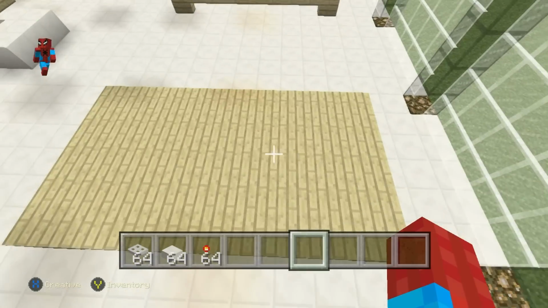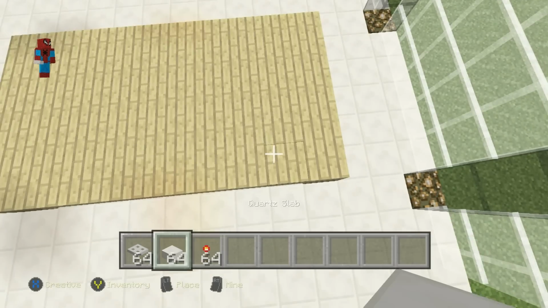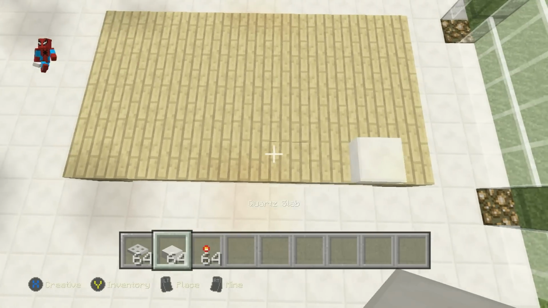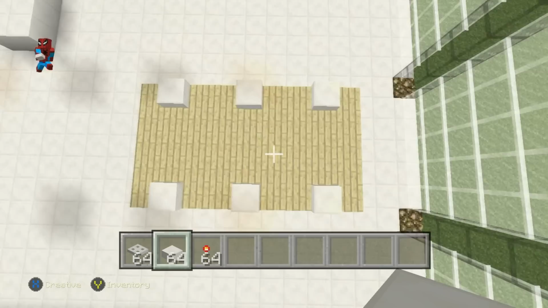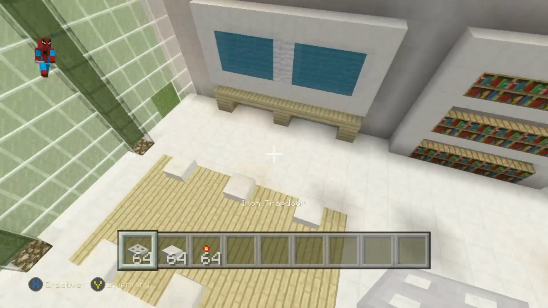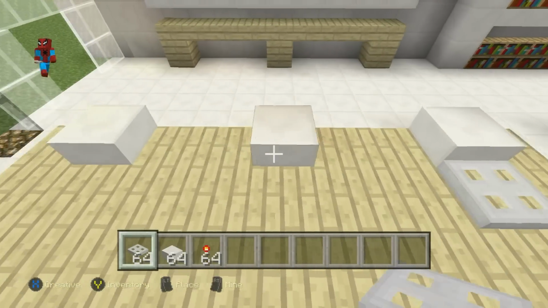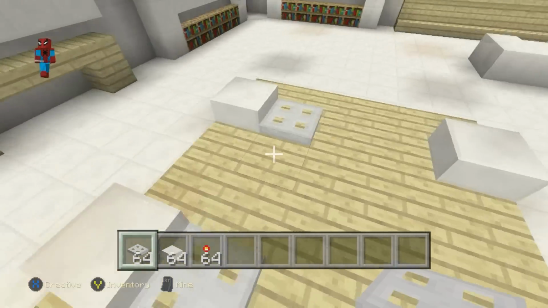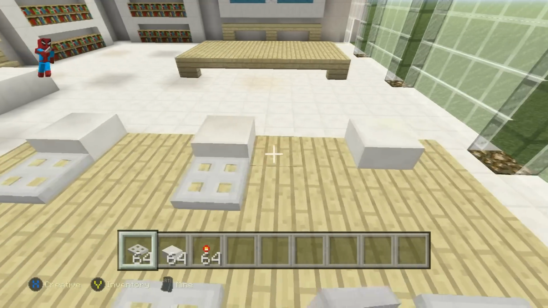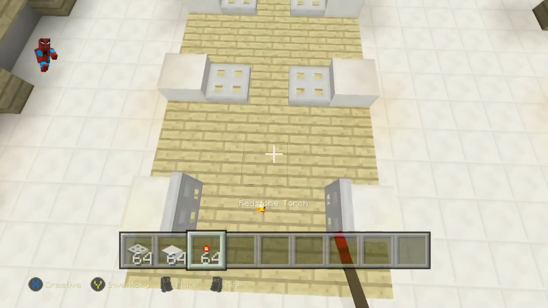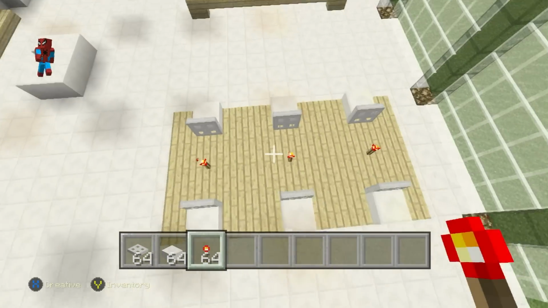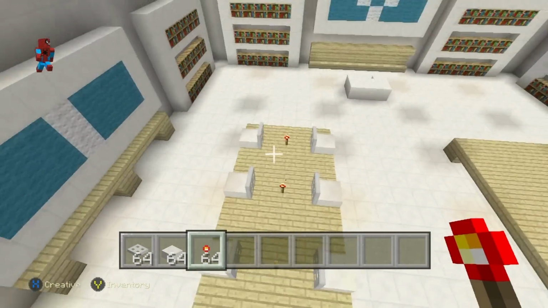There's 6 laptops to a table, and they're spaced like this. We have one here, one here, one here, one here, one here, one here, so they're spaced evenly on the tables like that. Behind each one of the laptops, we have an iron trapdoor. These are like the lids of the laptops. That's what these are supposed to be. In the center of the table, running up, we want to place redstone torches behind each one of those so that the trapdoors actually come up.